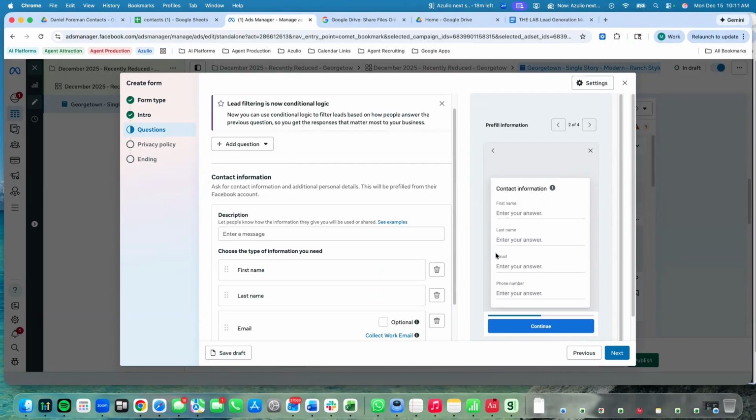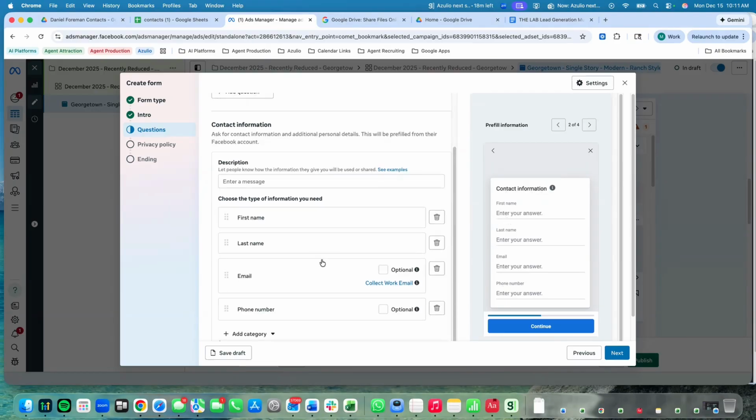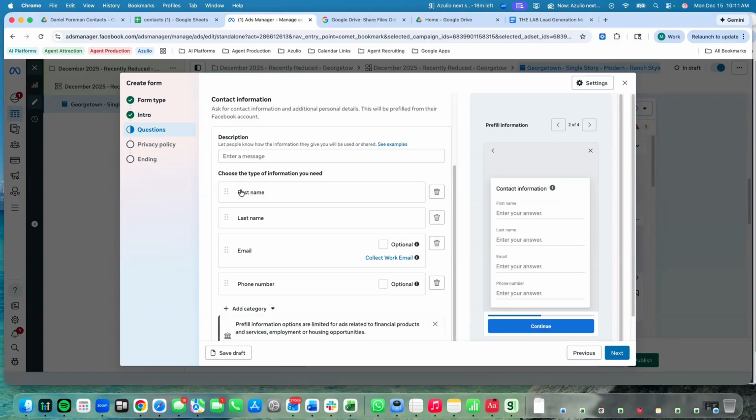And then we're going to have them fill out their contact here. When you build this out, it's going to auto populate as full name right here. I want you to delete that. Reason being, CRMs don't like when you populate full name back into a CRM. They like it when you have first name, last name, email, phone number. So separate full name to first name, last name. The way that you do that,